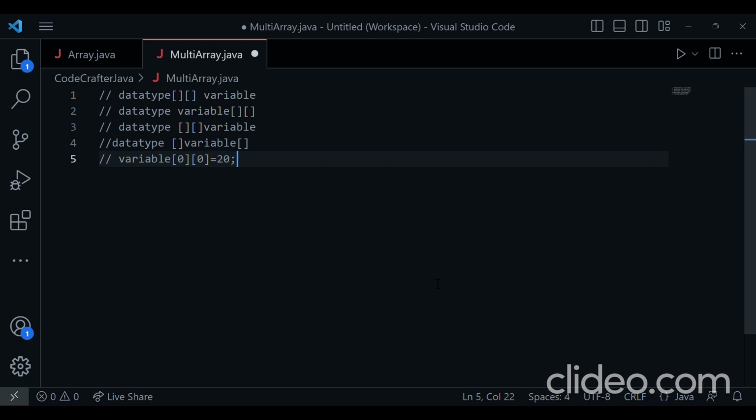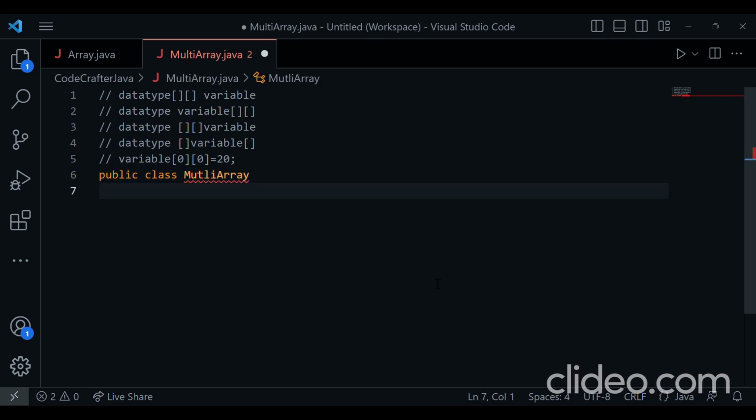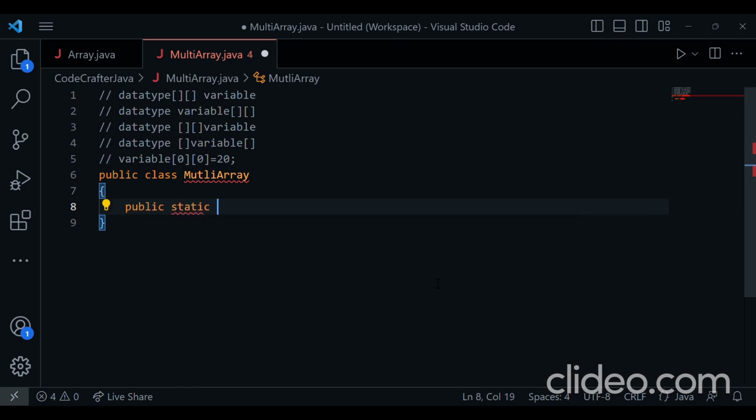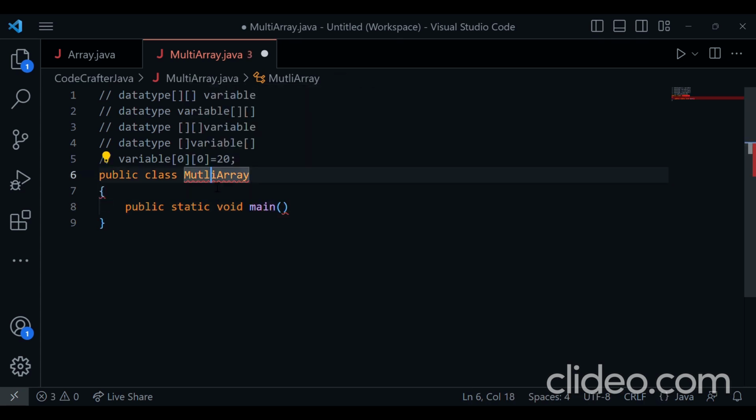Okay. So now let's write a program and let's try to actually print a 2D array. Then we'll go to inputting a 2D array. So let's say public class MultiArray, public static void main. Am I getting an error here? Yeah, the spelling is wrong. String args,